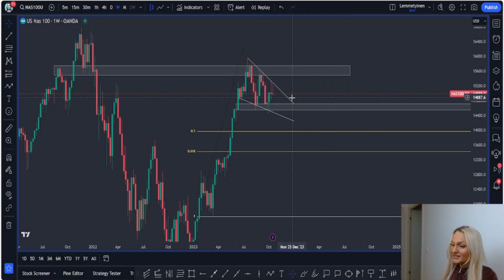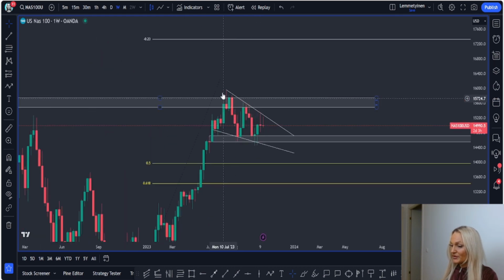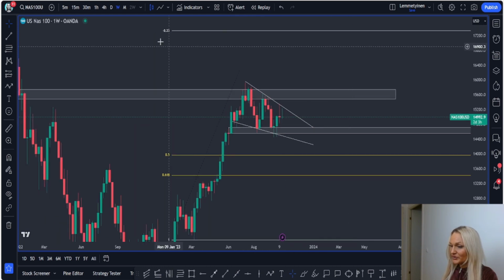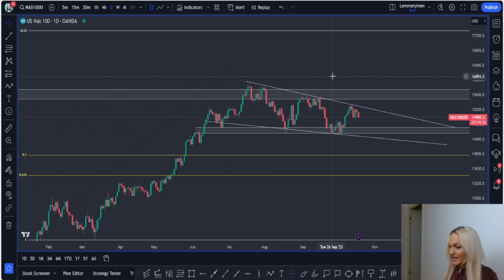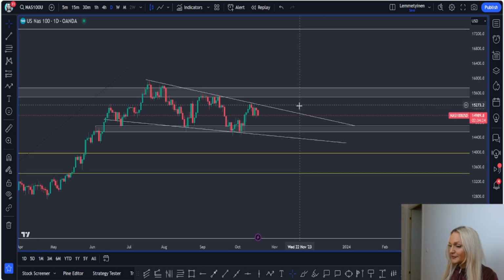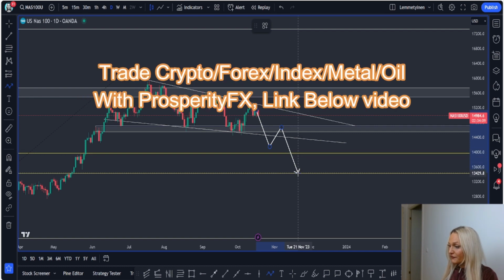When it comes to NASDAQ, we have been retesting a previous high at 15,700. So the market started to give us a pullback. You can also see that we're using a trend line right here, and we have seen how the market is respecting the trend line. So right now what can happen is that we're dropping down to the previous support, 14,530. The same thing, we'll either break below the support level. At that time, I'm looking at 13,955,